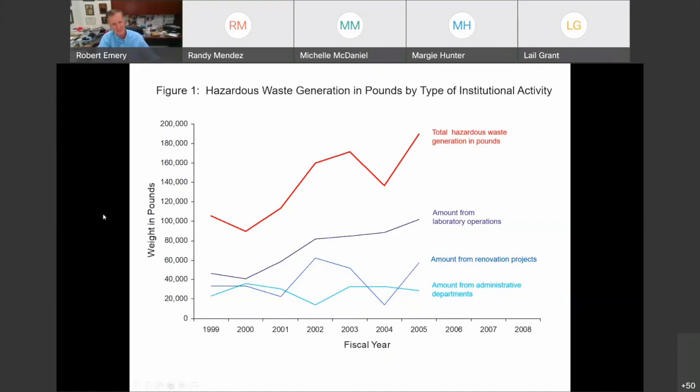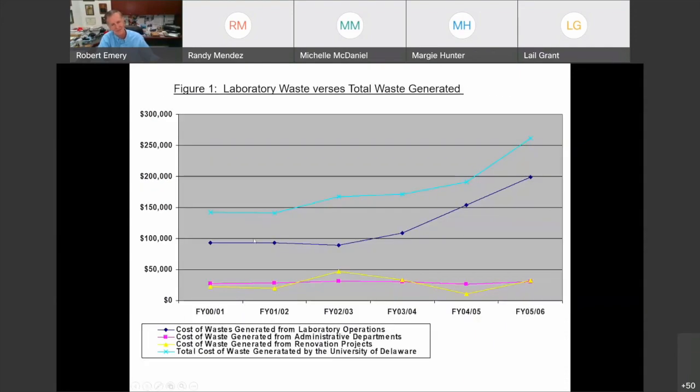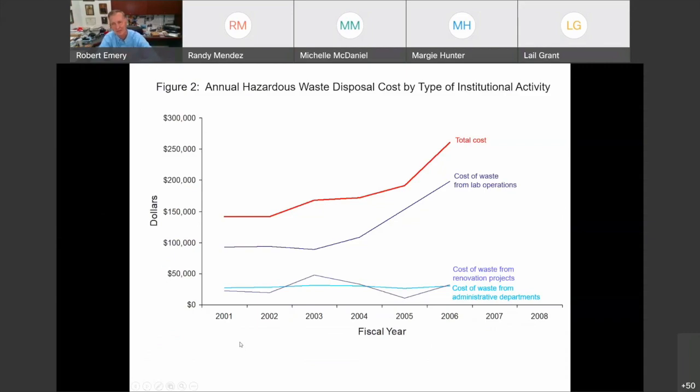So here's what they did. They sent, okay, Bob, got it. This is what they sent me back. This is classic. So I'm like, oh, this is wonderful. So did you not pick up anything that we had done before with your previous graph, but you just converted this to dollars? So now let's clean it up. And lo and behold, now we got a pretty good graph because we got the total cost for hazardous waste disposal has gone up, largely due to lab operations.